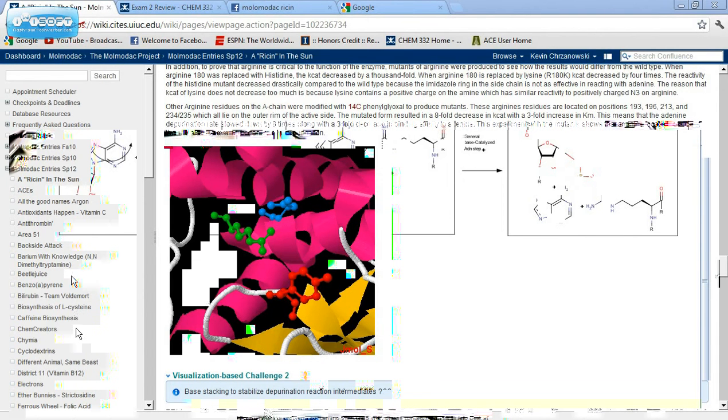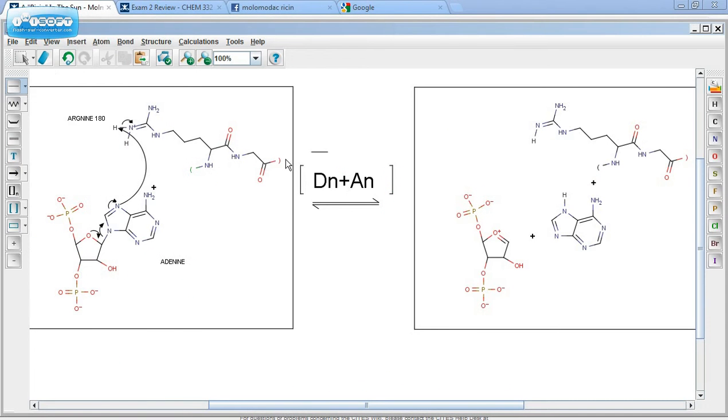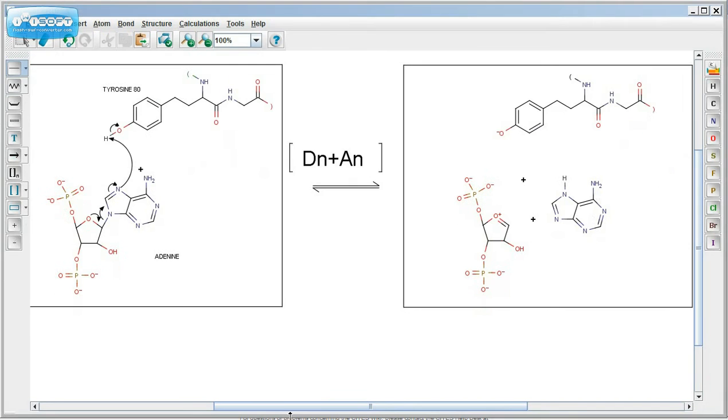Here's a JMOL model of the active site of ricin that includes the arginine catalyst in light green, along with tyrosine in red and glutamine in light blue. Glutamine does not have a hydrogen available for attack with N3 of adenine, and tyrosine would result in a less stable tyrosine intermediate. Also, here are marking sketches showing only the first step of the reaction where the respective amino acids are used, hypothetically, as the catalyst in the ricin mechanism to depurinate the adenine. Here is arginine, and then here is tyrosine.